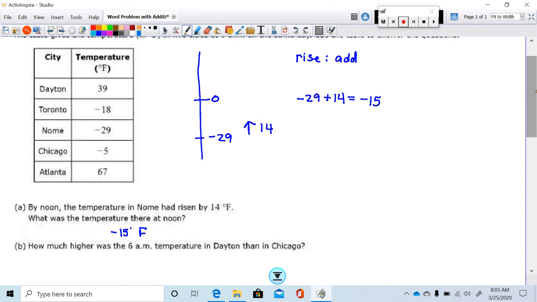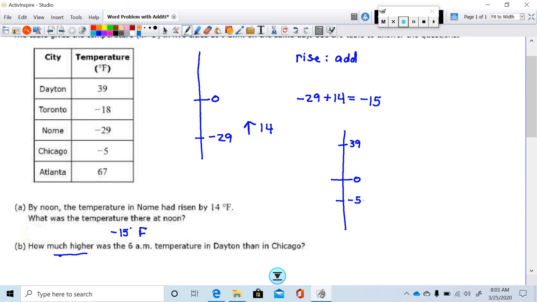The next one, how much higher was the 6 a.m. temperature in Dayton than Chicago? Again, I'm going to make a thermometer every time for these, whether it's a thermometer problem or not. Dayton is 39, that's above 0. And Chicago is negative 5, that's down here. And how much higher is literally asking you to get from negative 5 to 39, how far do you have